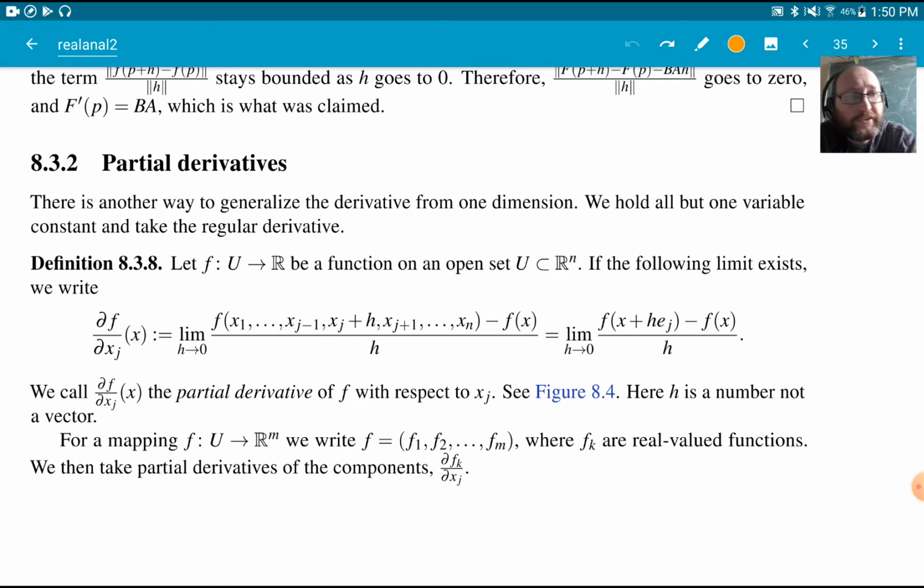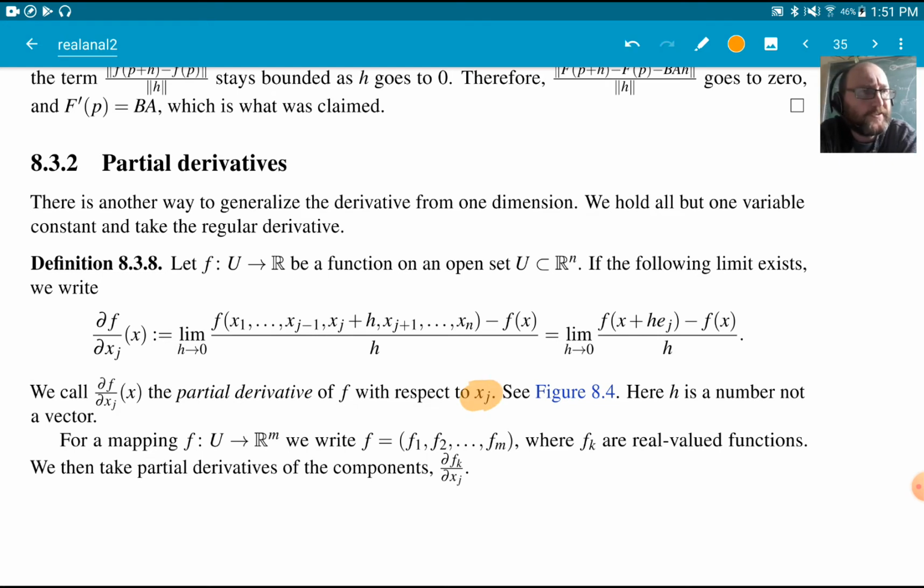What partial derivatives are is, instead of trying to generalize the definition, we say, let's just try to manufacture functions of one variable and differentiate those. So what we're going to do is basically move in just one direction and differentiate in that direction. So at first we're going to just